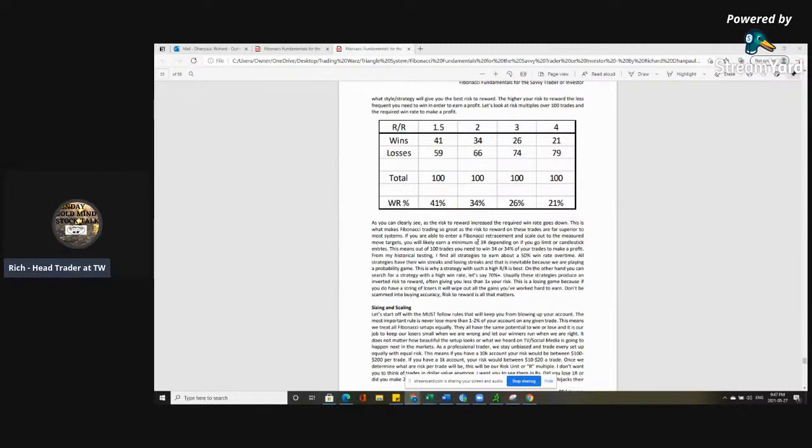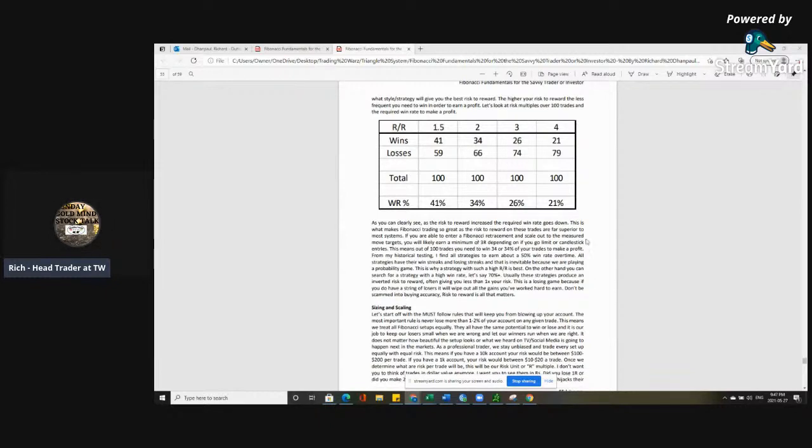So now we have the setup. We have the system. This could be a $1 million system. I'm thinking about it from the top of my head. So what you've got to do now is think in your head: if I'm going to take 100 outside bar trades, how much do I need to win to make money? How many times? And we're going to look at this table right here